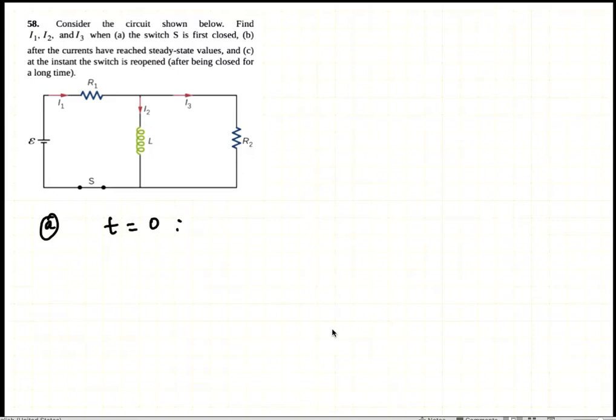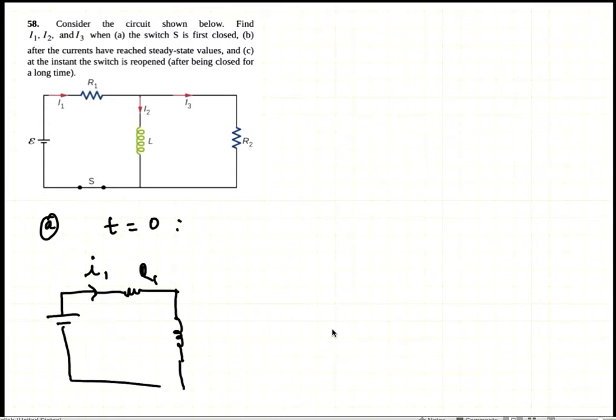Now we will call these currents I1, R1, I3, R2, I2,